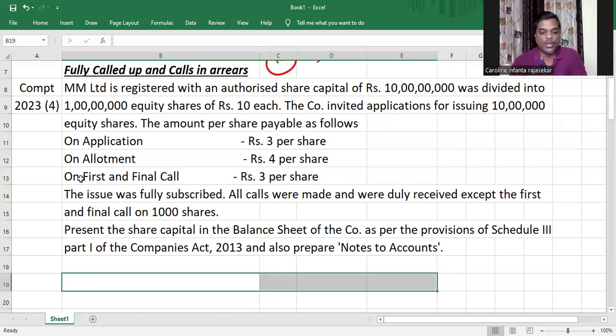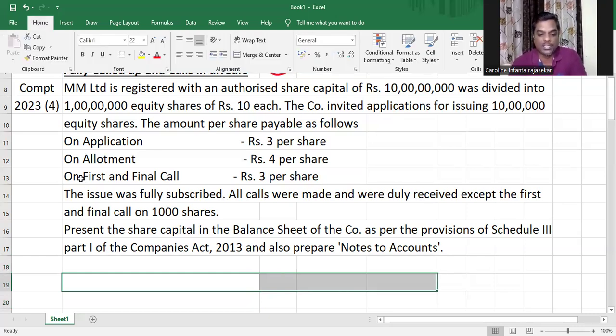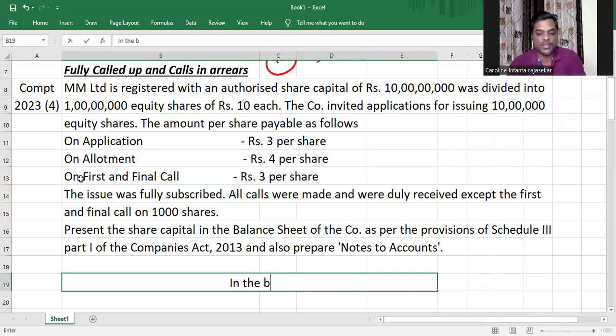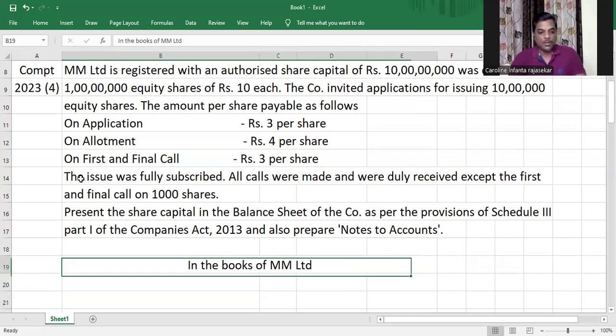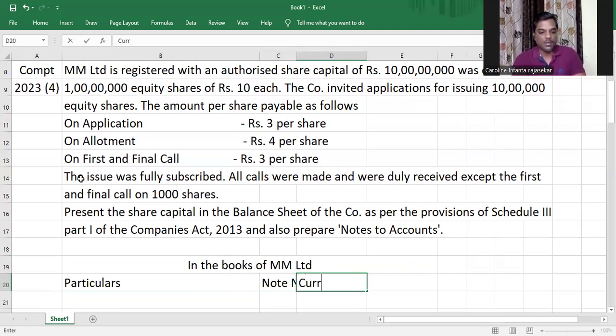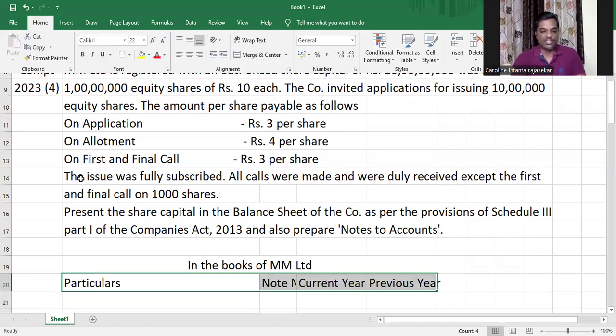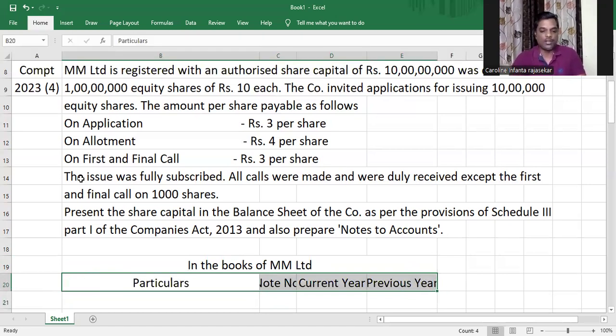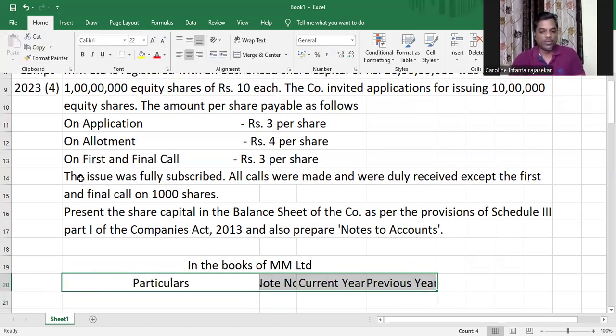The first thing to do would be to write in whose books you are preparing this schedule. In the books of Limited, you have particulars, note number, current year numbers, and previous year numbers. In most of these questions, they don't give previous year numbers. I'm just writing it for the sake of the format. Understood? So we have put them all,